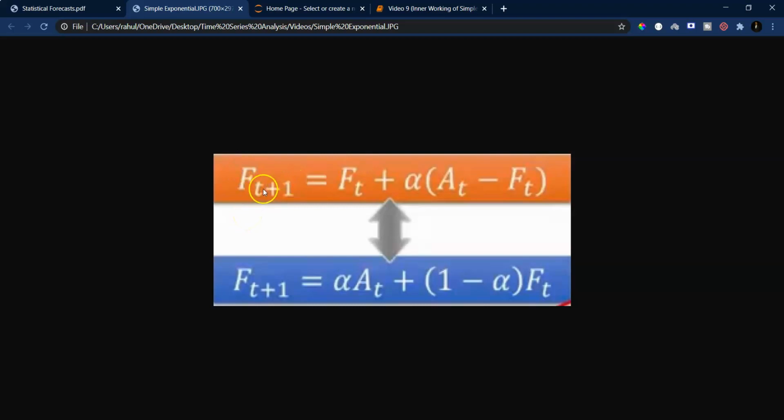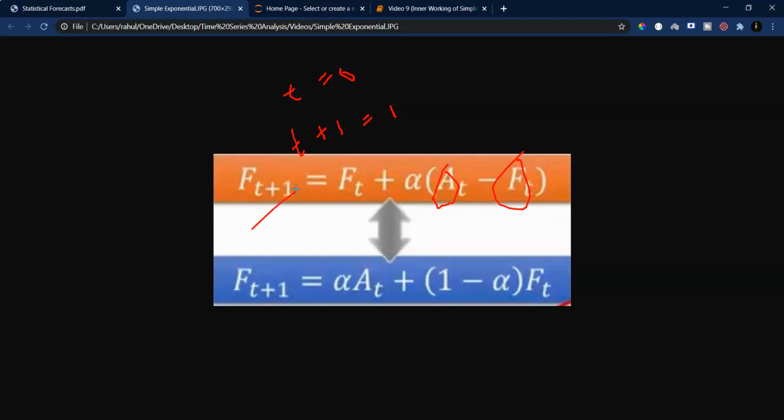If I substitute t plus 1 is equal to 1, so essentially what I am interested in is the forecasted value of 1, then in this case t will be 0.